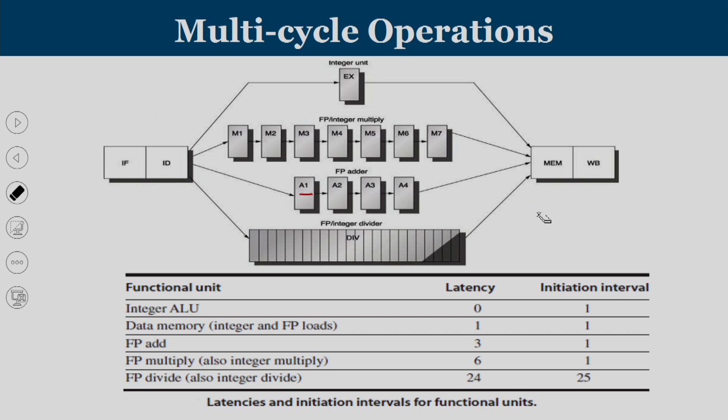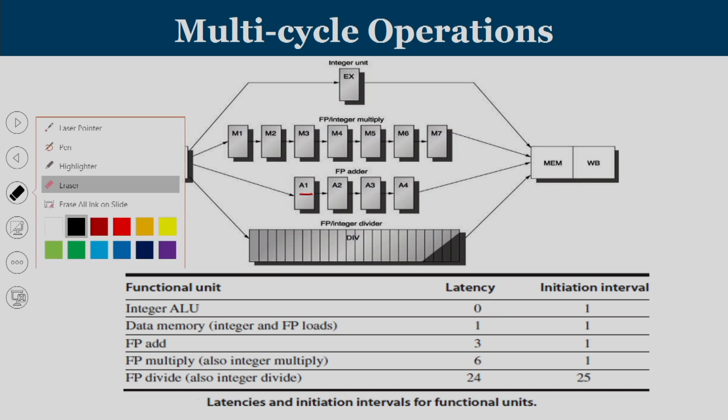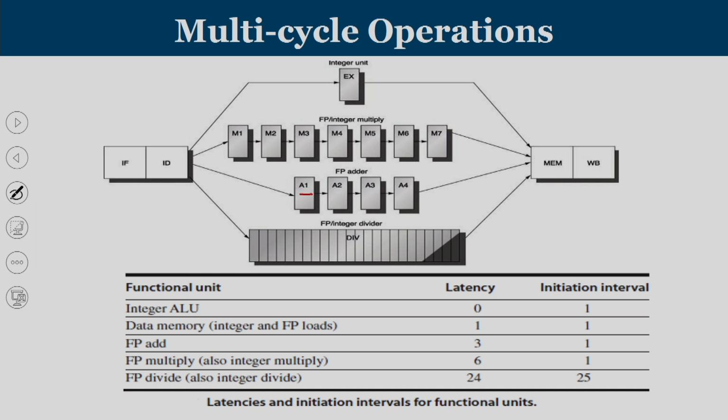Two parameters are mentioned: one is called the latency and the other one is called the initiation interval. We will look into what is the peculiarity of this. For an integer ALU, if it is going to produce the result, then another instruction which is going to use the result should not be delayed any cycle more. That is called a latency of 0. So, latency of 0 indicates that for an integer ALU, if the very next instruction is also an integer ALU operation, I can use this value without incurring any delay.